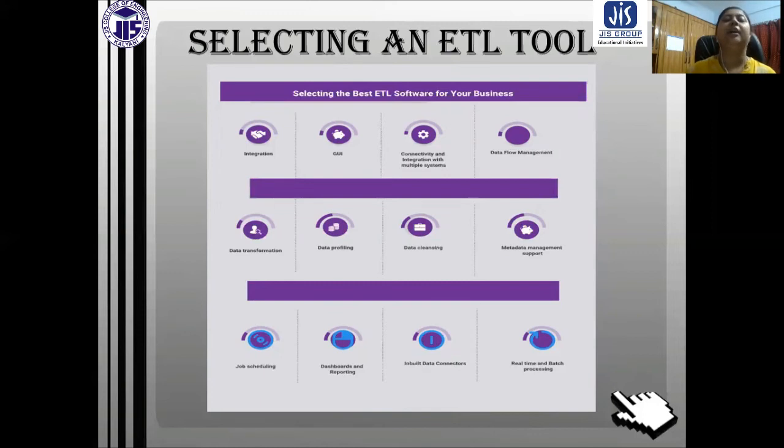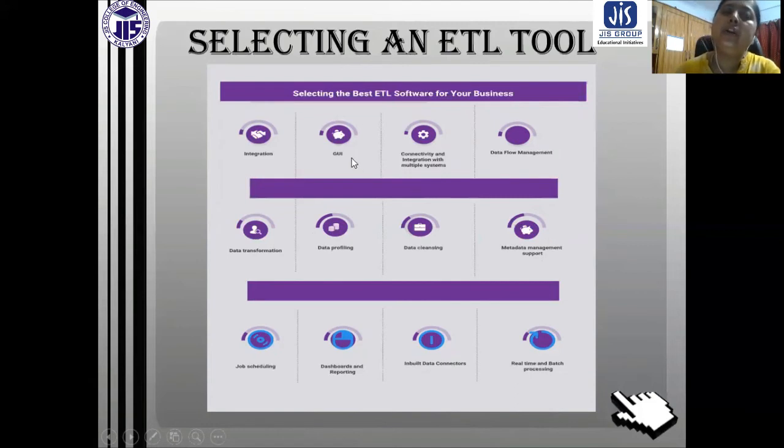These are some points you should take care of when choosing ETL tools: the user interface, connectivity and integration with multiple systems, data flow management, data transformation, data profiling, data cleaning, and metadata management support.